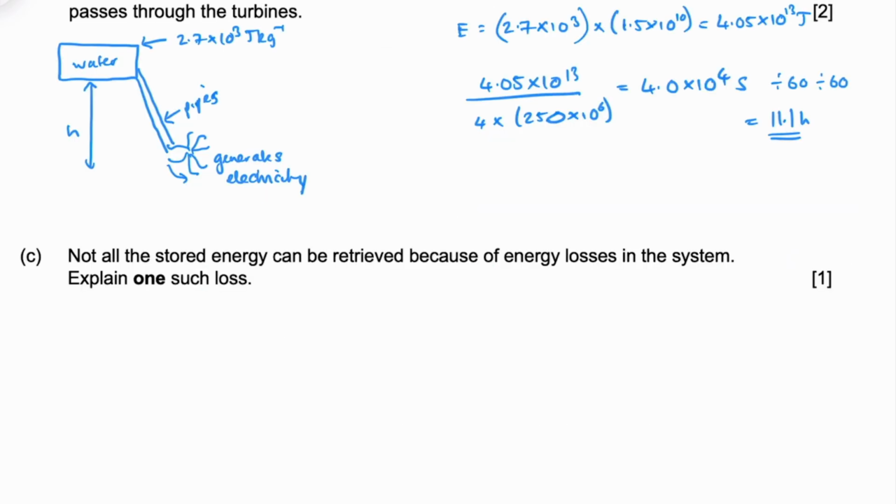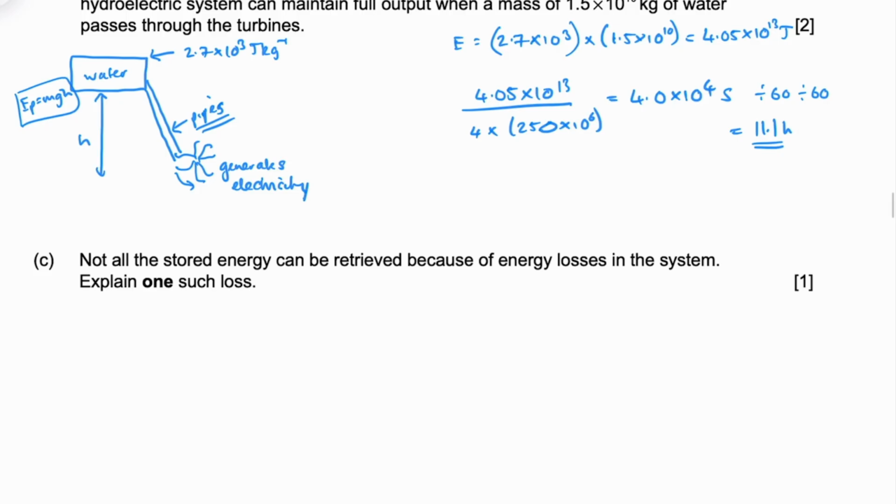Before we look at C, let's just remind you, this water here is stored at a height, which means it has gravitational potential energy, mgh. It's all stored up there and it's ready to flow down the pipes and turn into electricity using the generators at the bottom. And C says, not all stored energy can be retrieved because of the energy losses in the system. Explain one such loss. At this stage, it's only 1 mark, but you do not just want to give the answer of friction. It's not detailed enough. Let's imagine this water has to go through the pipes. We don't have to imagine, it does, it has to go through the pipes. And if you imagine the water going down the pipes, there's going to be friction at the side of these pipes. So one of the answers could be friction